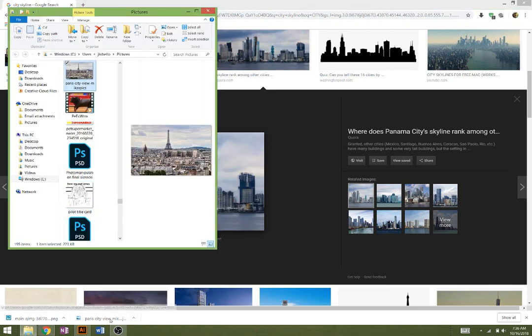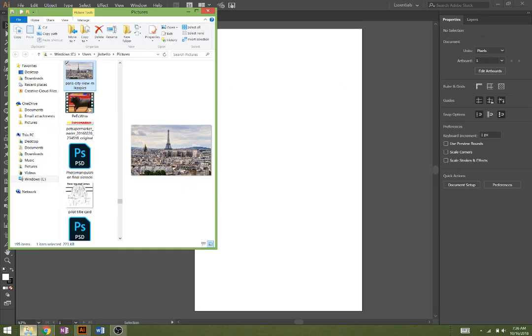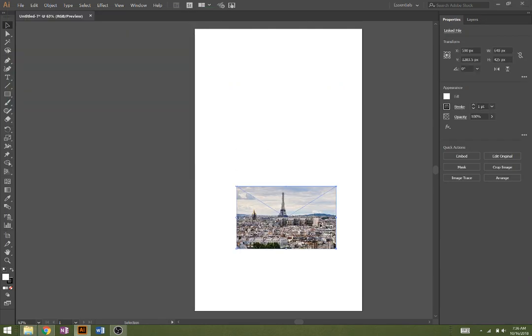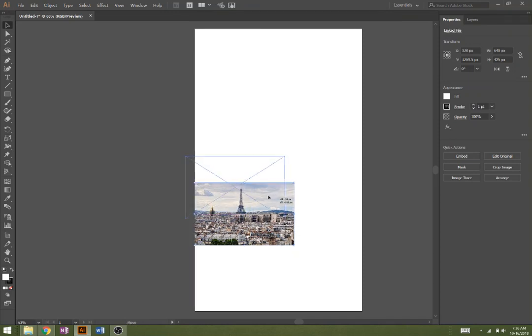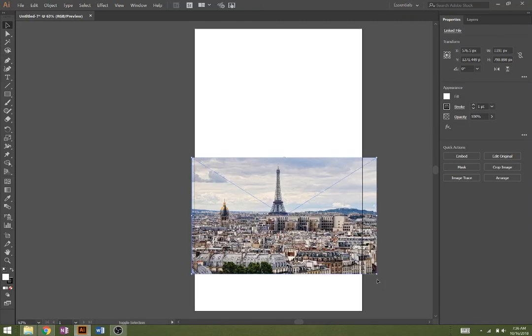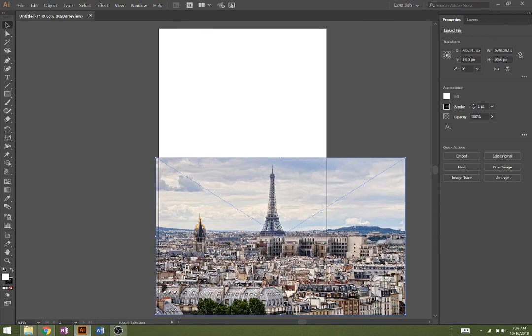So what we can do, we can do the same thing that we do with everything else. Like in Photoshop, we can just take this and drag it in, and it'll automatically be kind of small. So I'm just going to pull it off to the side and hold down Shift, and see if I can make it a little bit bigger. So the skyline takes up the entire size here. I'm going to make it a bit bigger so the Eiffel Tower is more towards the edge there, and